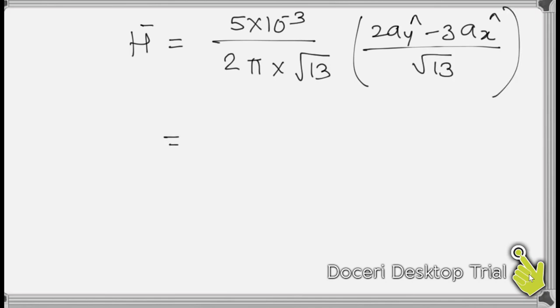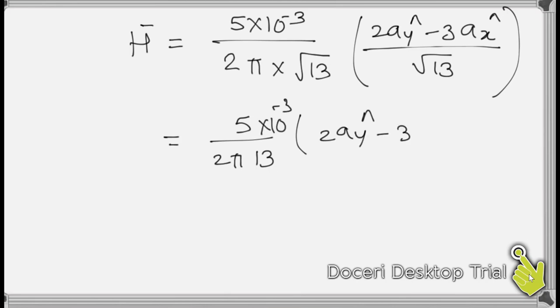So after solving this, whatever you will get, square root of 13, square root of 13, 5 divided by 2 into pi into 13 into 10 raised to minus 3, 2ay cap minus 3ax cap. So after solving this, whatever you will get, let us find out the solution of this example. So it is 5 divided by 2 divided by